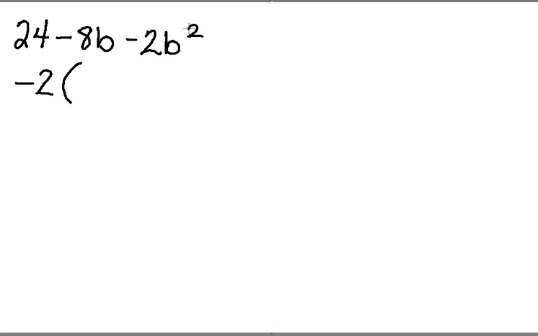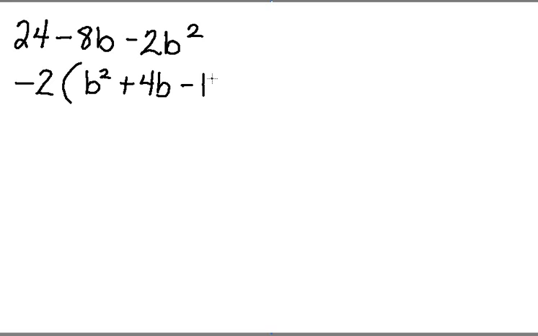And as I do that, I'm going to rewrite my trinomial in descending order. In other words, I'm going to write my squared term, then my b to the first, and then my constant term last. So when I pull out a negative 2 out of negative 2b squared, I'm just left with b squared. And now I'm going to pull a negative 2 out of minus 8b. Well, minus 8 divided by a negative 2 is going to yield a positive 4, and I've still got my b. And then finally, 24, I'm going to pull out a negative 2,